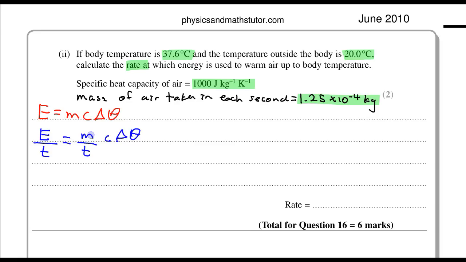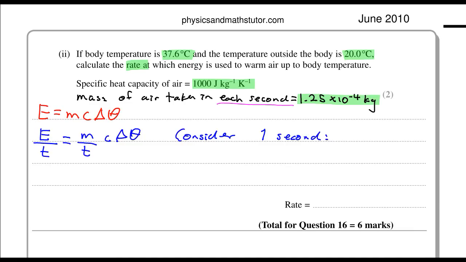And I only wrote t below mass m for a particular reason, and the reason is because we don't actually know the total mass value. We are given the mass taken in each second. So the value of 1.25 times 10 to the minus 4 is actually mass divided by 1 second. So what we need to do is consider 1 second,